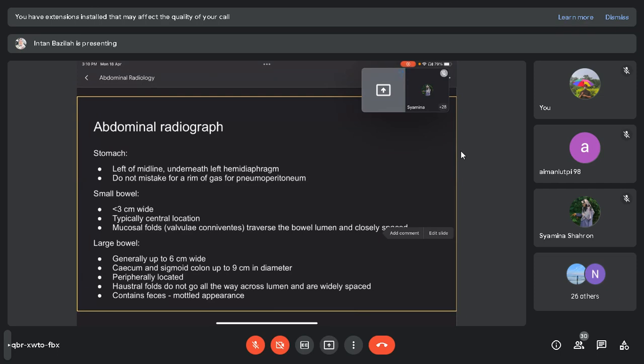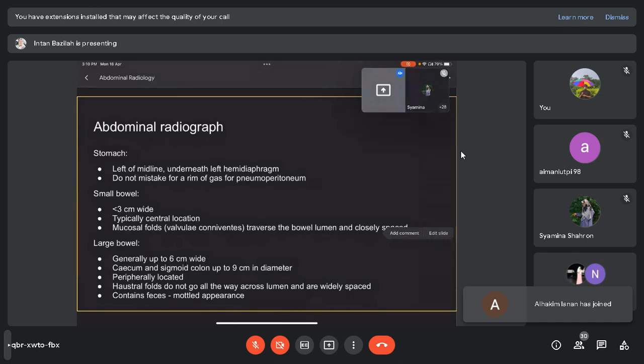So the normal diameter is usually less than 3 cm wide, and the location is typically central, and you can see the presence of mucosal folds, or we call them valvulae conniventes. They traverse the bowel lumen from upper to lower part, differentiating them from haustration, because in large bowel, the haustral folds do not go all the way across the